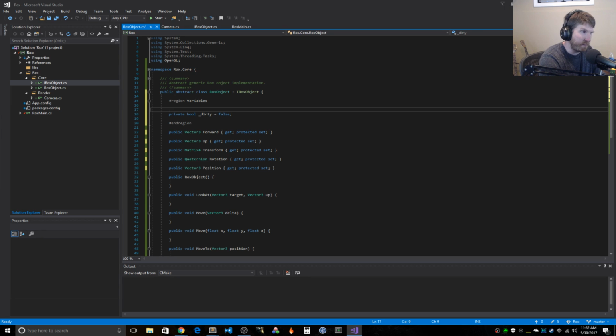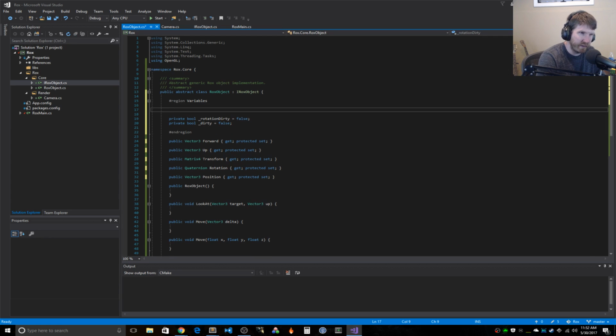And then separately, I think we want to keep a separate dirty flag for rotation. I'm not sure I'm going to get into that yet, but that's going to be more of an optimization than a general